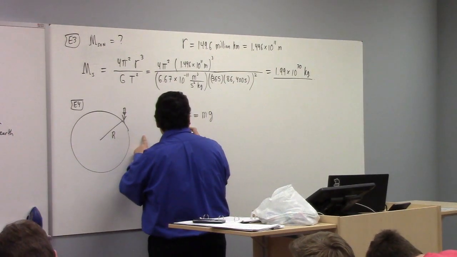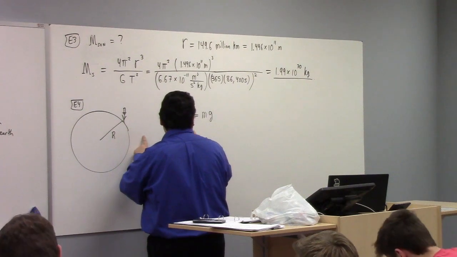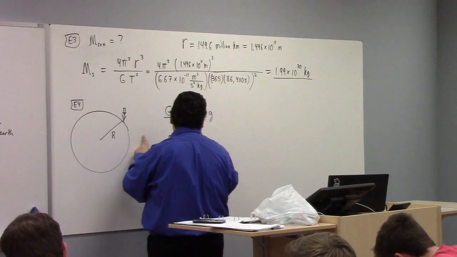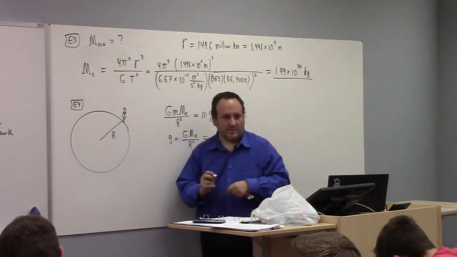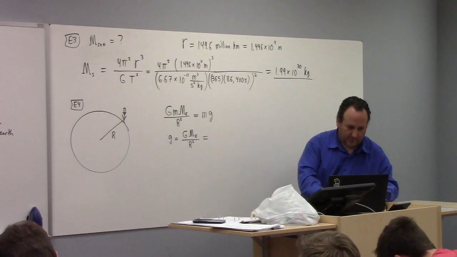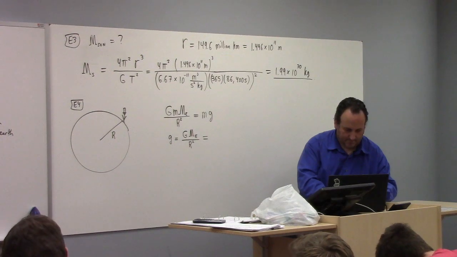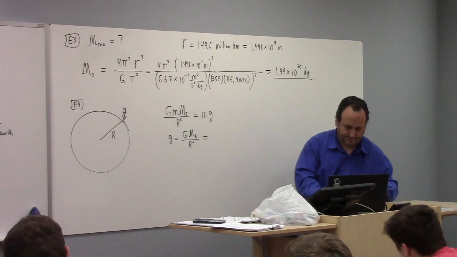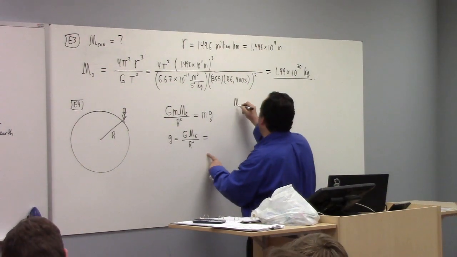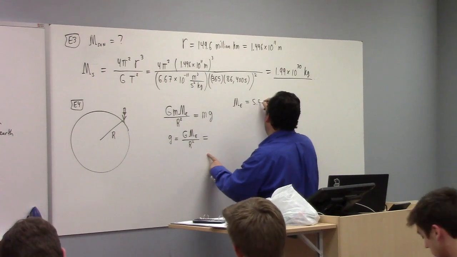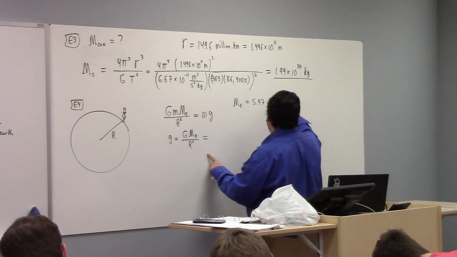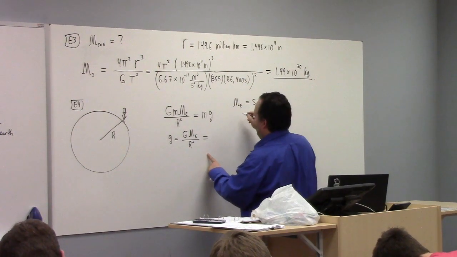And let's see here. So what do we get? Little g is equal to big G, mass of the Earth, divided by the radius of the Earth squared. So what's that? Well, I'd have to look up these numbers. The mass of the Earth, do you guys know? 5.97 times 10 to the 24th kilograms. And let's see, what's the radius